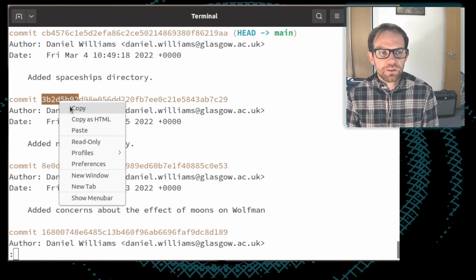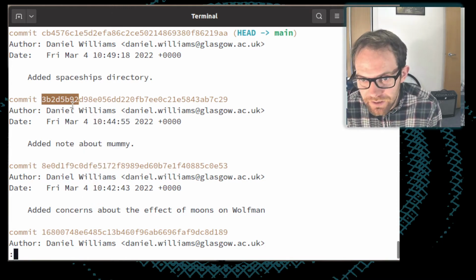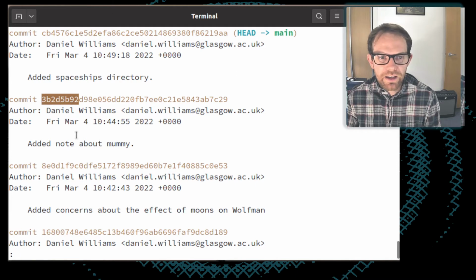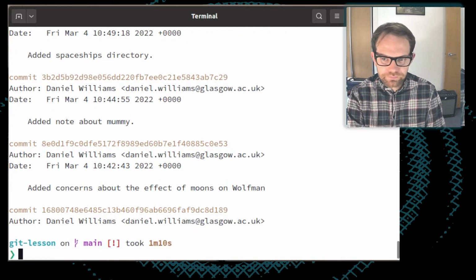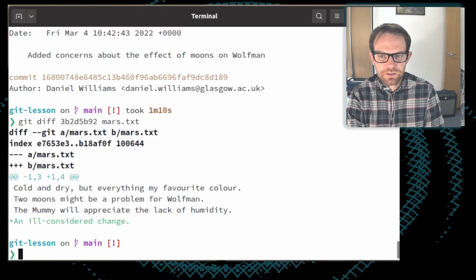So if I just copy the first, well, I've taken the first 8 characters there of this hash and run git diff, git diff of this commit, and I want to look at mars.txt.